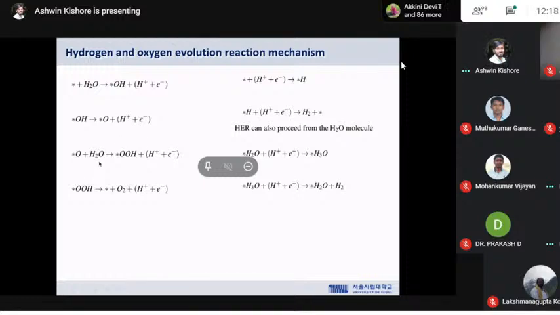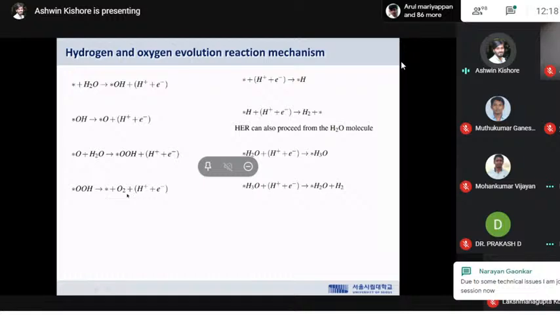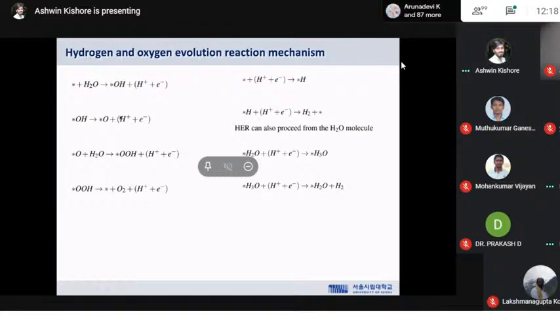Then the third step, the second water molecule will invert, and that will form OH on the surface by releasing the third proton-electron pair. The final reaction step, the OOH will produce oxygen gas that will leave from the surface by releasing the fourth proton-electron pair. So these are the 4 steps involved in the oxygen evolution reaction, whereas the hydrogen evolution reaction can